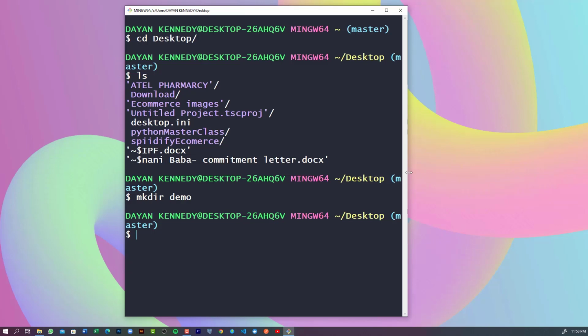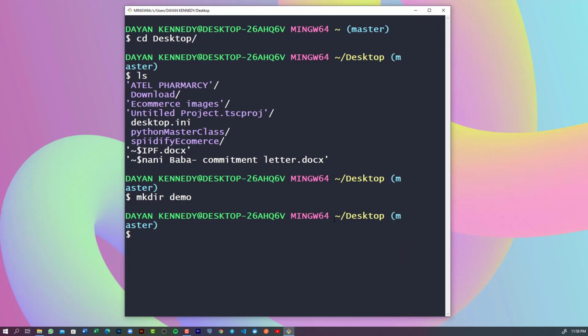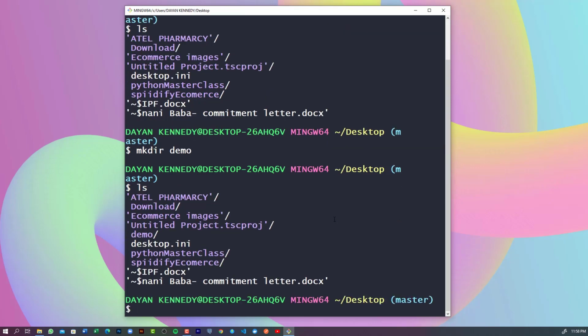Let me expand this a little bit. Now if I list with ls, we can see a folder called demo here. So demo is the folder I've just created